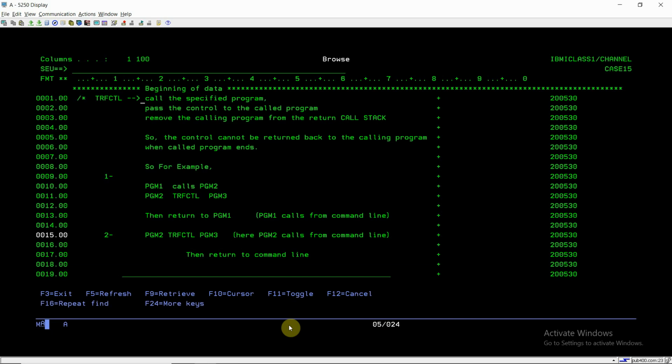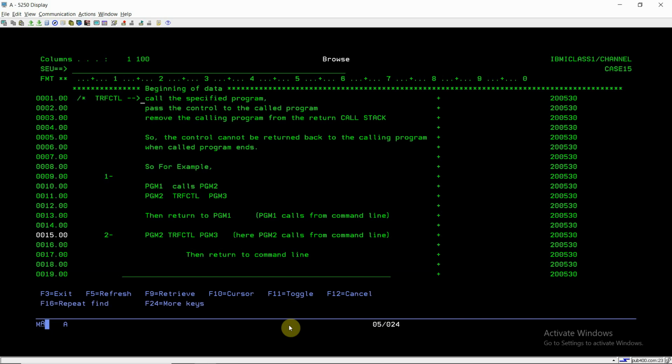But after that, PGM2 will be removed from the call stack, so PGM3 will directly return to PGM1, not to PGM2. So we cannot return any parameter back to PGM2 using the TRFCTL command, but we can return parameters back to the calling program using the call command. This is the main difference.